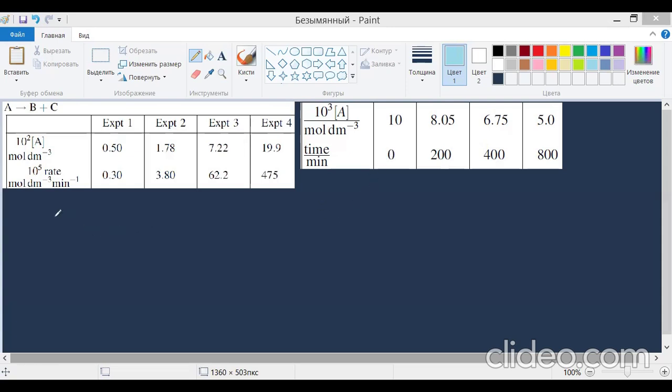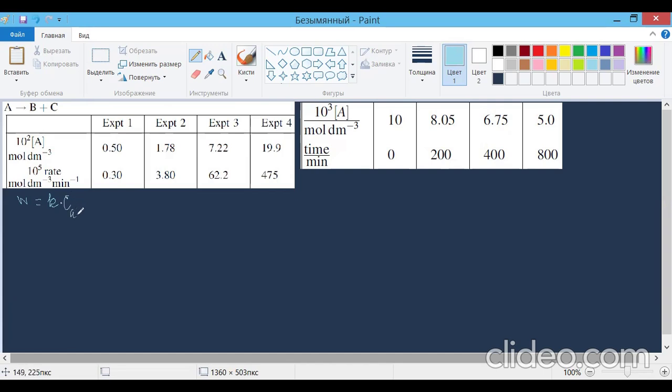And mathematically, we can write that, let me start writing here, W is the velocity, is equal to k, which is the rate constant of this reaction, times the concentration